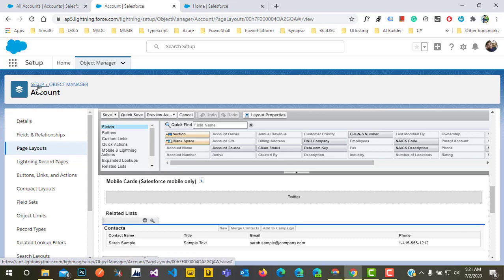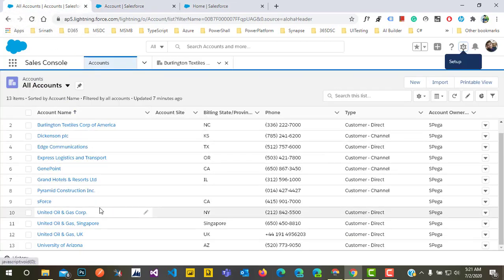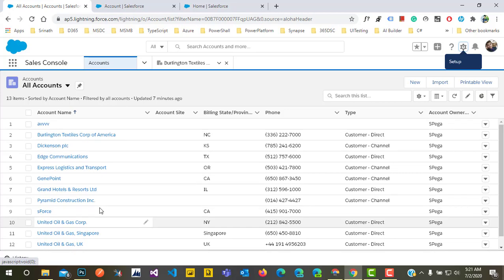Let's get back to our home page, which is the account entity. These are the records we have in the system. Since we are migrating from Salesforce to Dynamics, first we need to export our data from Salesforce, then import it into our target system, which is Dynamics 365.